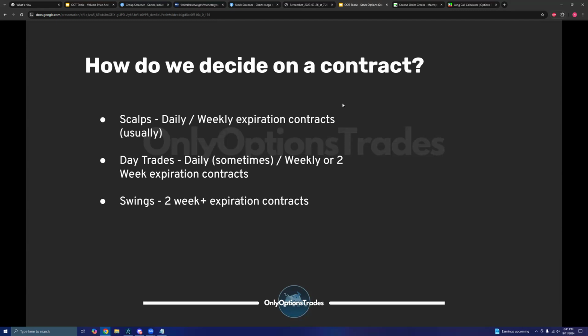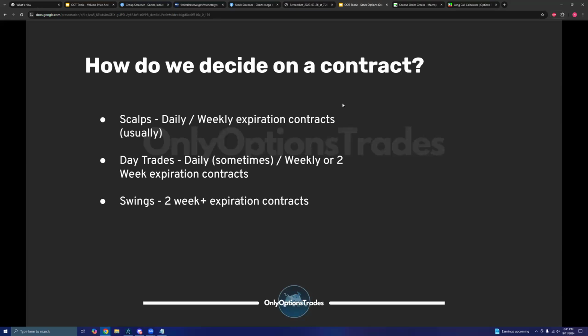Those 2-week expiration contracts minimum are a great benchmark to start out when you're swing trading, only because when you're holding trades overnight, you're going to have the impact of theta devalue your contract 24/7. And I don't think that's something that I highlighted very clearly, but the Greeks, specifically theta, act 24/7. So overnight, theta keeps working. During market hours, theta keeps working. During the weekends, theta continues to work.